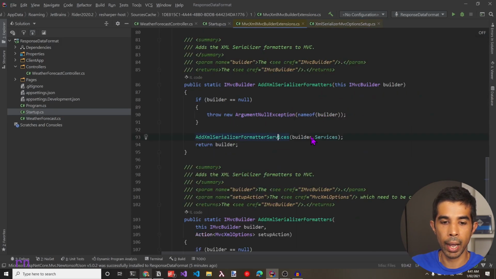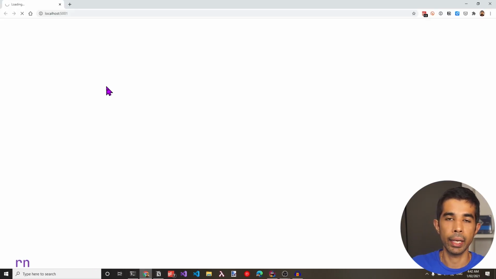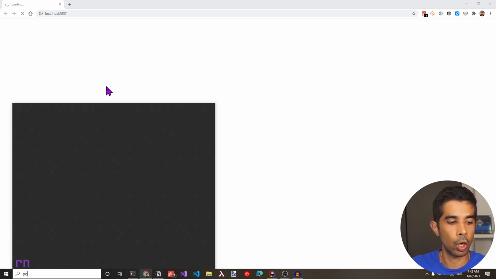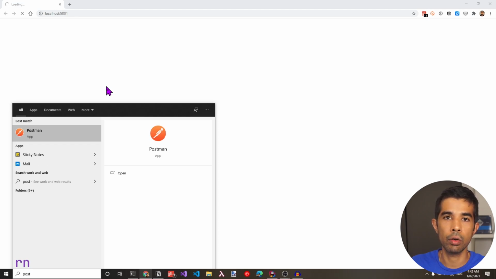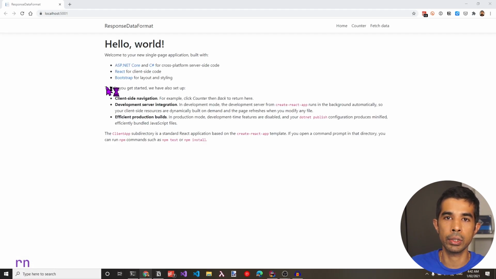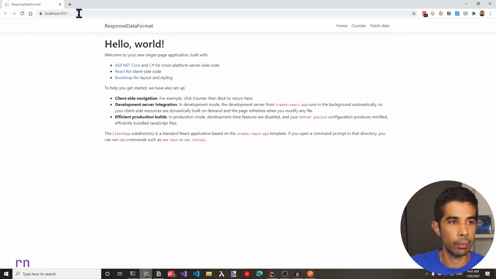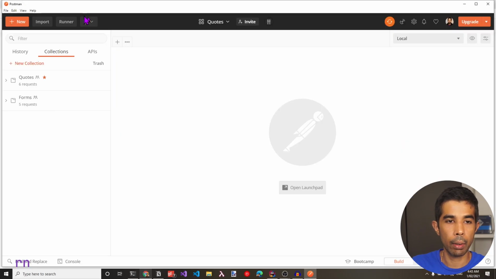So let's navigate back to the startup method and run this to see the XML response in action. The application is running successfully again. However, I cannot make accept header changes from the browser. So to show this, I'll be using a tool called Postman, which you can freely download from the internet. I'll put a link in the description below if you are new to this. But Postman allows us to modify the request headers and also see back all the response data from within the tool. I have Postman opened up, so let's navigate back, copy this URL and come back to Postman.